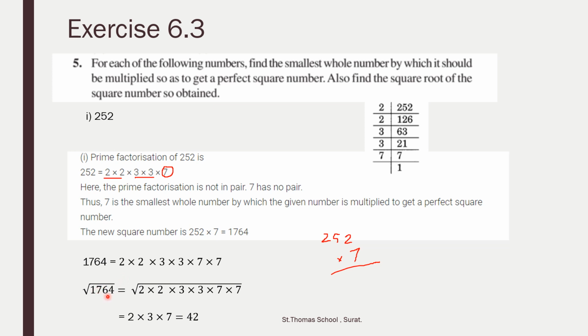Now we have to find the square root. So that is the square root of 2 multiplied by 2, 3 multiplied by 3, 7 multiplied by 7. Now you have to pair it. In a square root, if a number is written 2 times, you write it outside the square root only 1 time. So here 2 times 2, so 1 time you write outside the square root. Again 3 times 3, so 1 time you write. 7 also 2 times, 1 time you write. 2 3s are 6. 6 7s are 42. So what is the square root of 1764? 42.